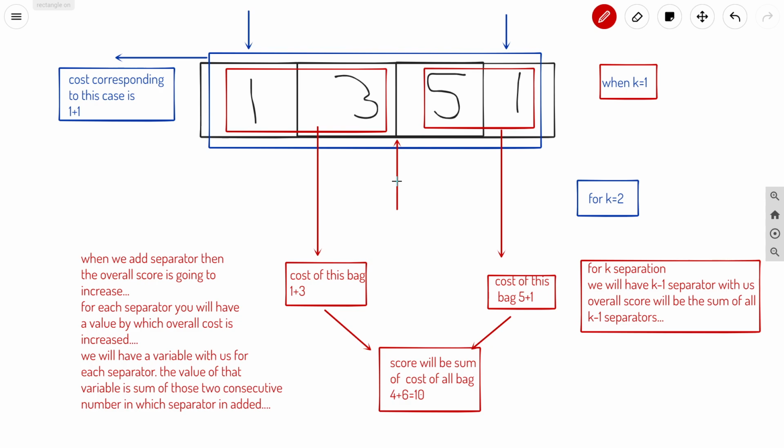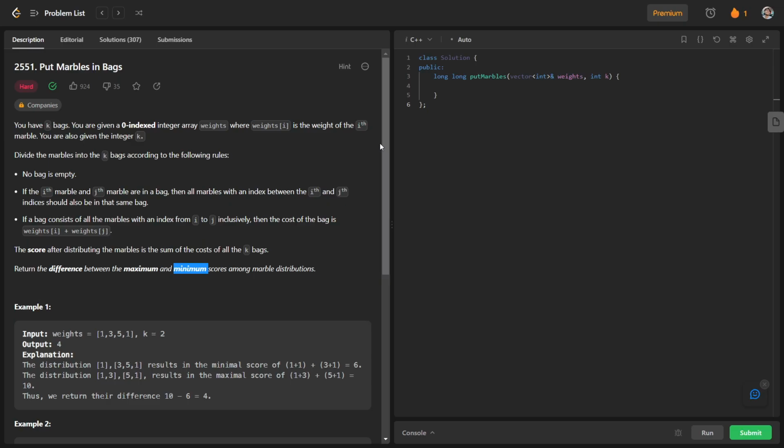Then we will sort that vector, and if we want the minimum score, we will take the sum of the first k minus 1 separators, and for the maximum score we will take the sum of the last k minus 1 separators. So in this way we can solve this question. Let us dive into the code. The first part is that we have to store the value associated with each separator in a vector.